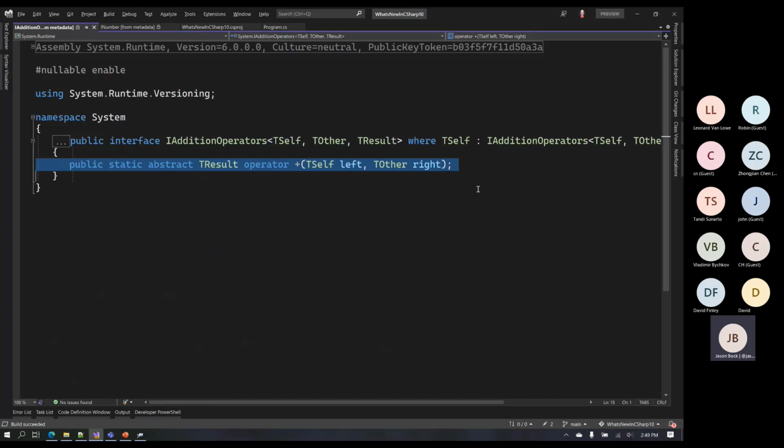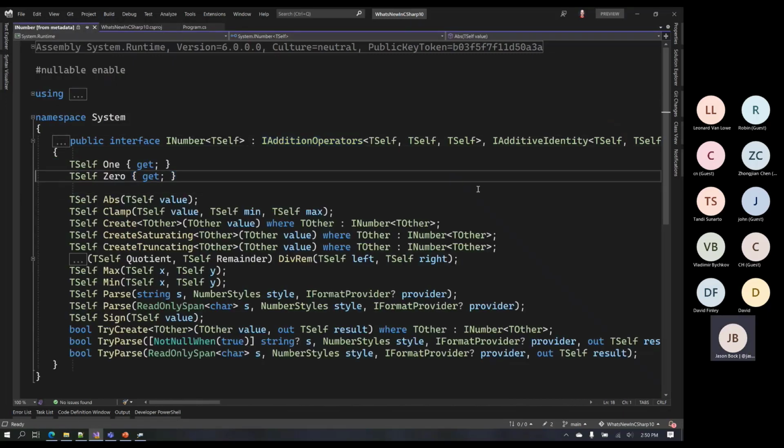It doesn't even have to be a numeric type. It just needs to have an implementation of the add operator. You can also define 1 and 0 as well, but that's where that operator came into play.